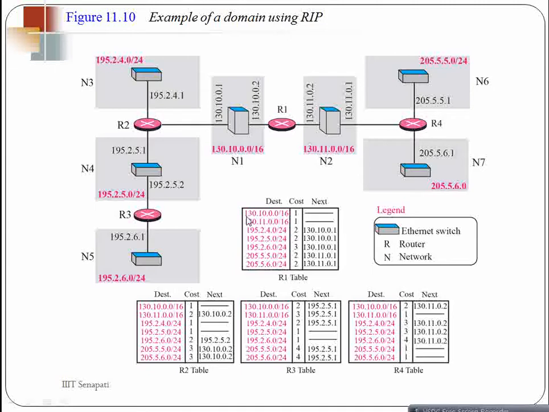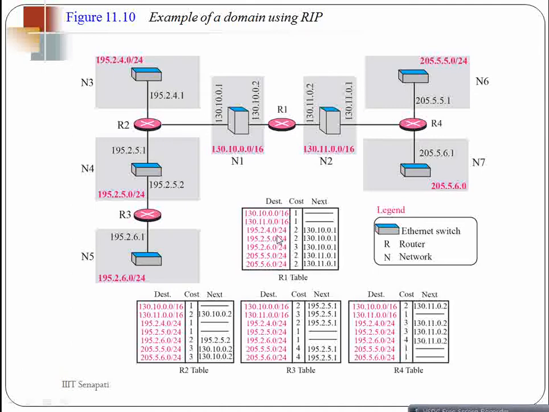So this is 130.10.0.0/16. This is the one network N1. This is 11.0. This one is N2. So N1 and N2 are directly connected to this router R1. In the third column, where we store the information of next hop, this is blank. Why? Because you don't need to go to another router to deliver something to network N1 or N2. For other networks, if some address is from this network